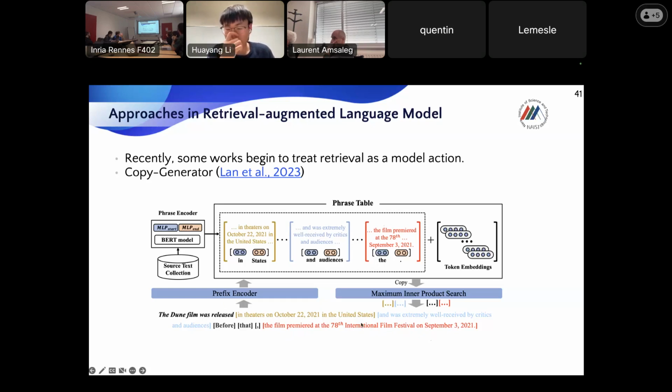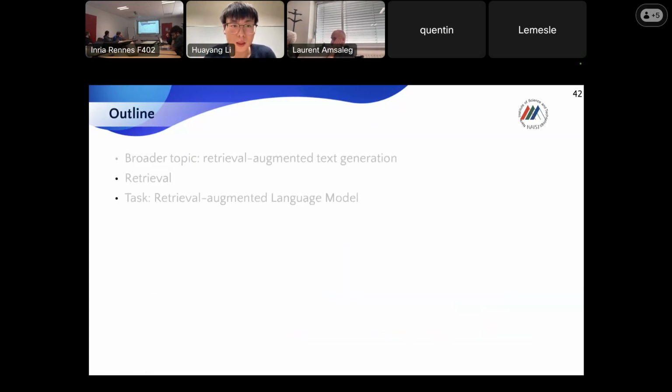It's quite different from the standard neural network, because for the standard neural network, we need to predict each token at each time step, right? So that's something new. There is a trend like trying to treat the retrieval as a model action to let the model learn when to retrieve and when not. Yeah, and that's the whole content